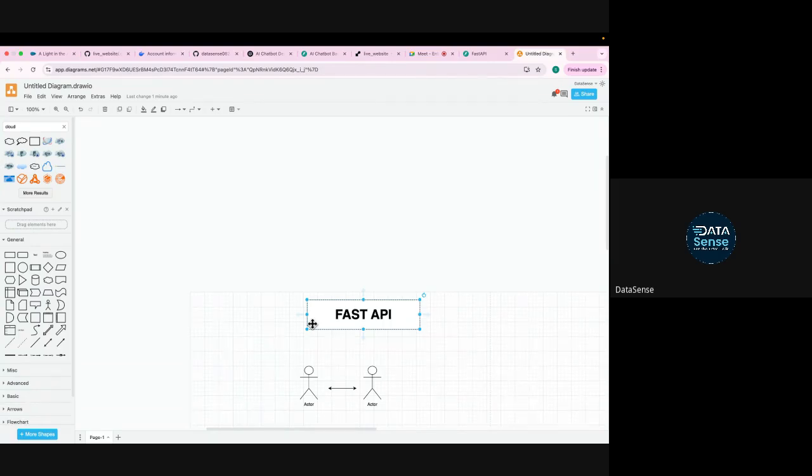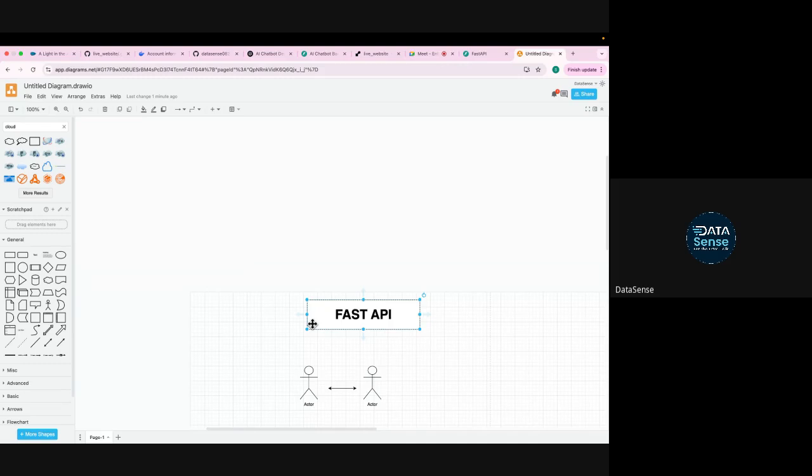So FastAPI is, I can say, a majorly used API framework nowadays in every company. Wherever you're working, you will see all your code is in FastAPI. If not, companies are shifting to FastAPI very rapidly. Previously things used to happen on Flask, but now most of the deployment and API connections are happening through